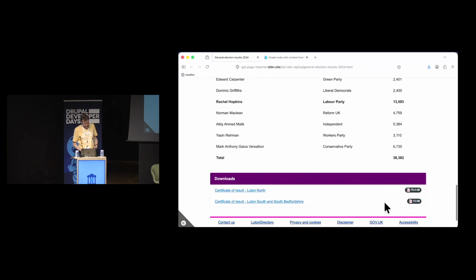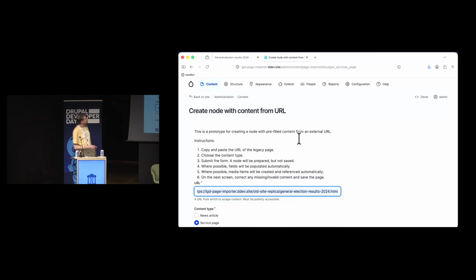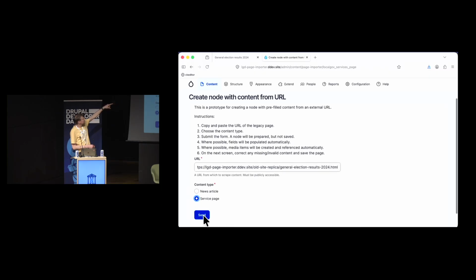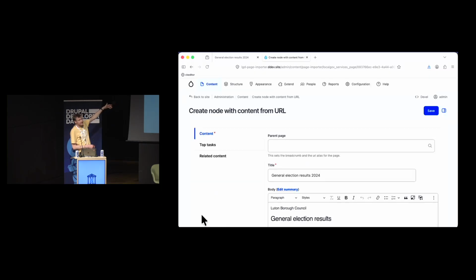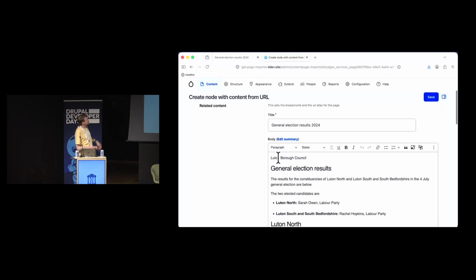Okay, it's going to run. We've got the name of the media item we want down here, and we've got the PDF. So I'm going to take that URL, I'm going to paste it in here. We gave them this idea that actually when you submit this form, the node will be prepared, we'll do what we can, and we'll then leave it with you to finish off. So it pasted it in, it scraped the site,